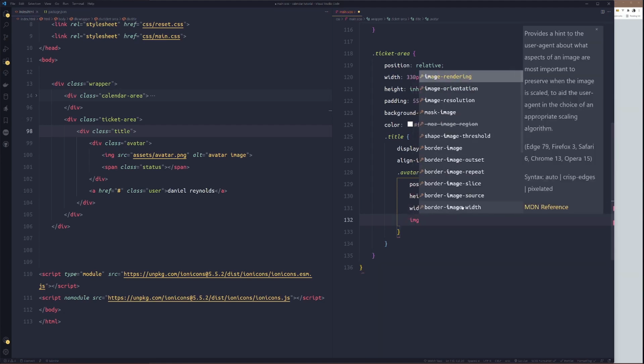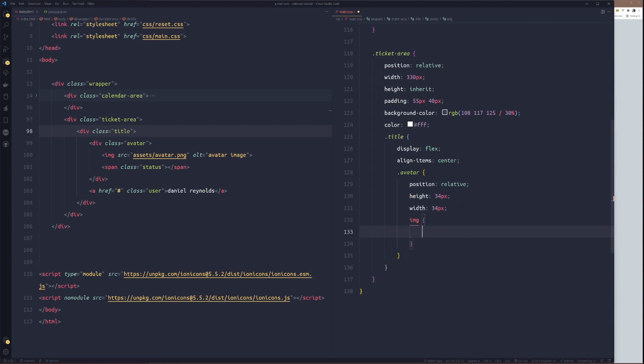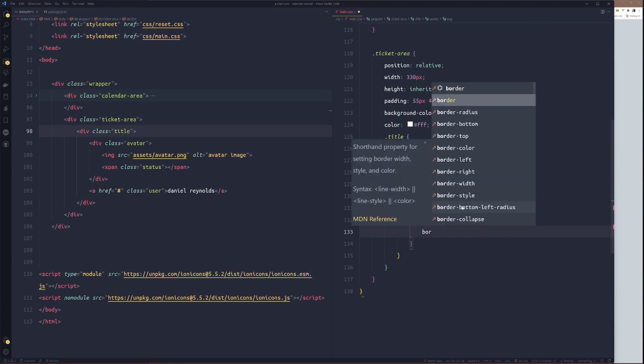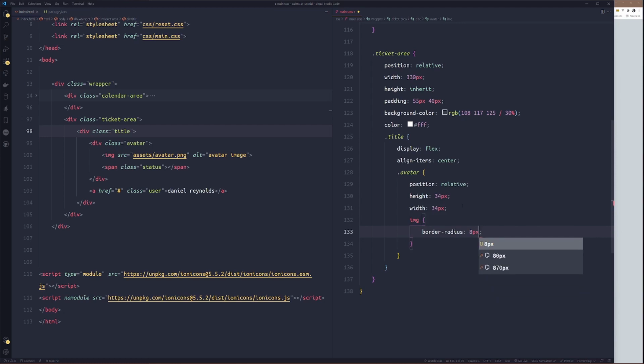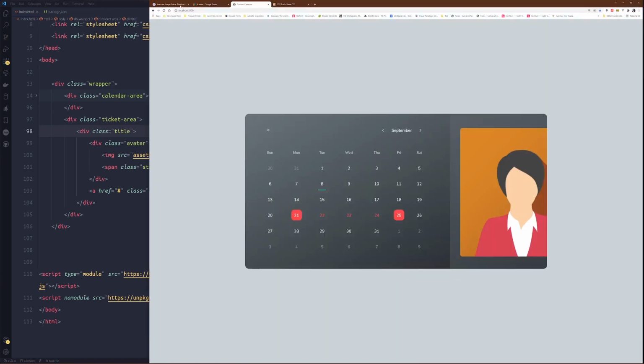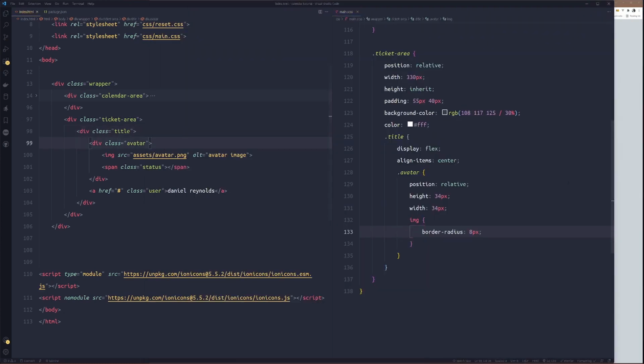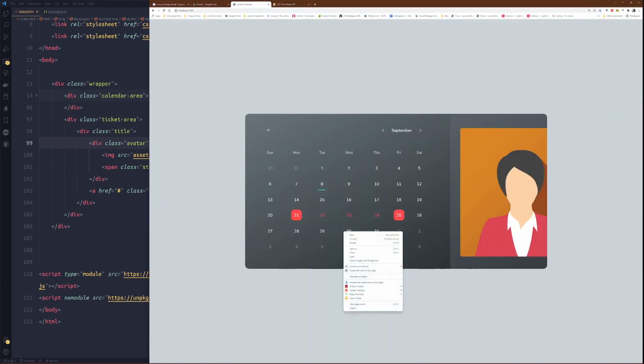Now just set the image. Border radius like 8 pixels. Okay. We'll see. Alright. It's too big. You know what? Let me inspect this thing.